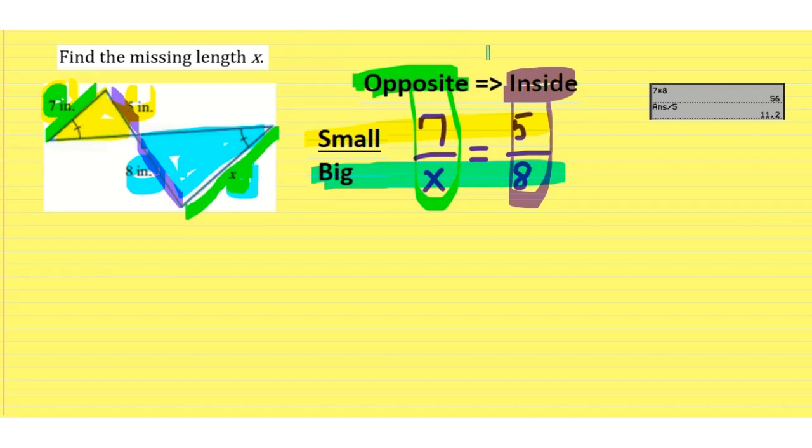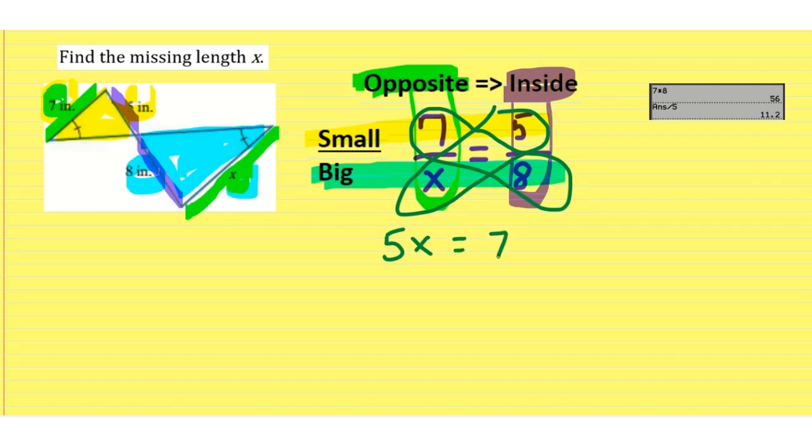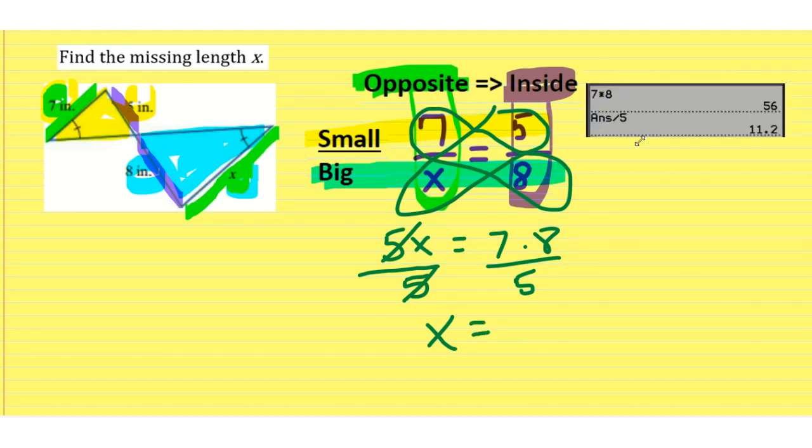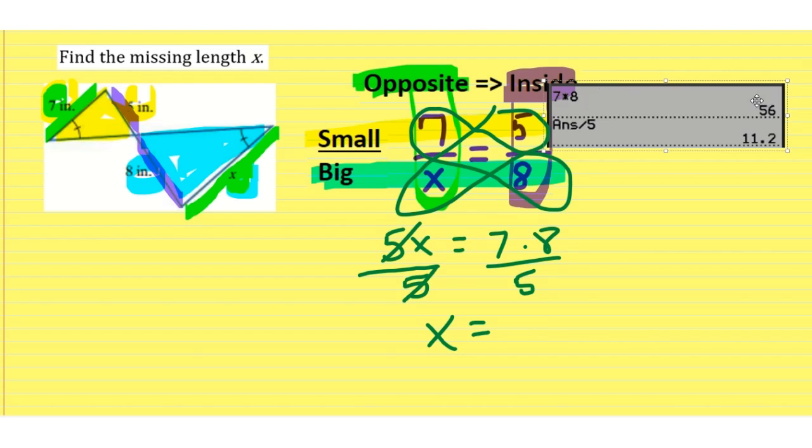So anyway, now that we've got our ratios set equal to each other, we now have a proportion, and that means that we can now cross multiply. So I can cross multiply across the equal sign, and that's going to be 5x is equal to 7 times 8. And then we can divide out the 5 on both sides. 5s will cancel right here, and then x is going to be equal to that calculation. And if I look at my handy dandy calculator, it says that 7 times 8 is equal to 56. And 56 divided by 5 is going to be